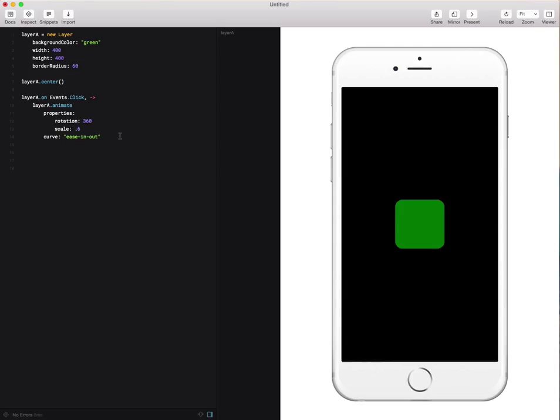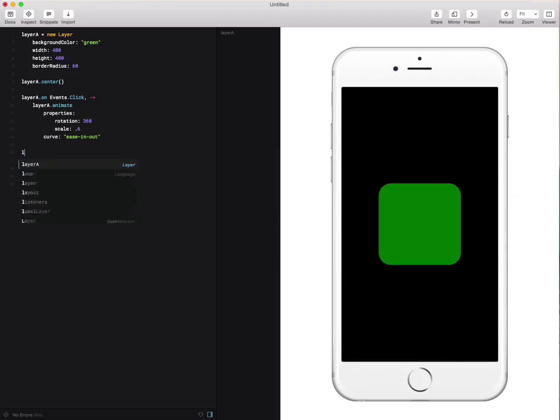What if you wanted to thread animations, like have animations sequentially trigger as each one finishes? So let's look at threading animation. We got our first animation here, and now let's create another event listener which checks when the animation has ended. So what we're going to do is say layer A dot on events dot animation end,